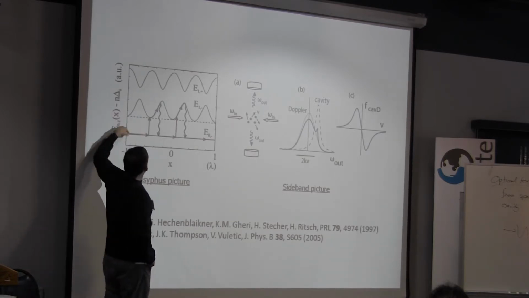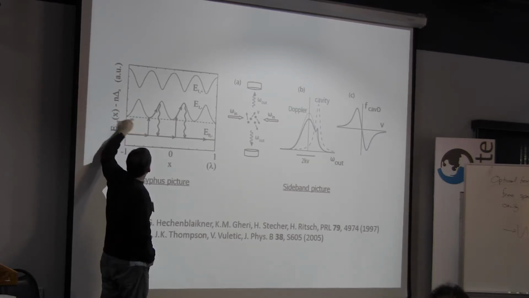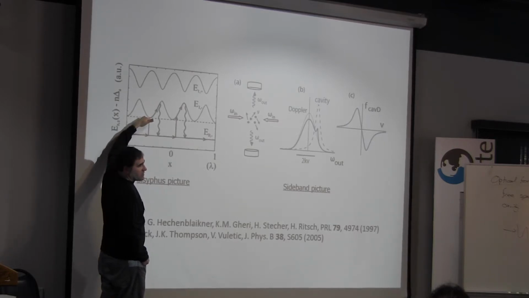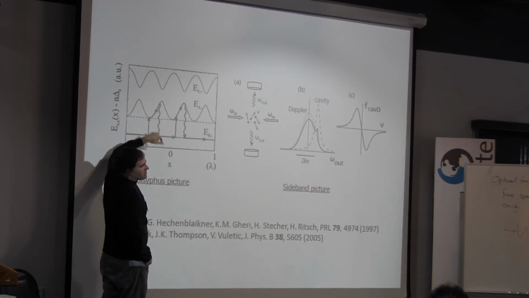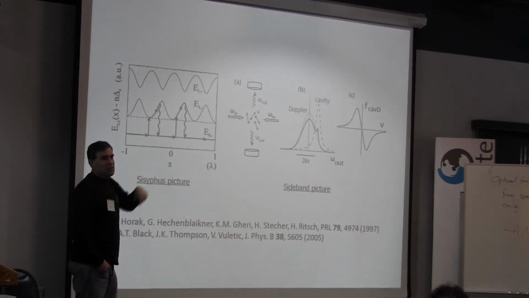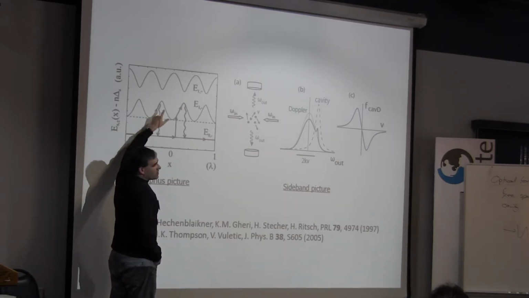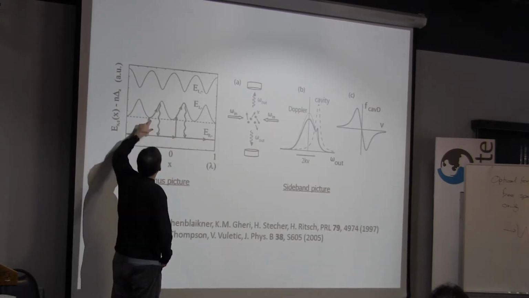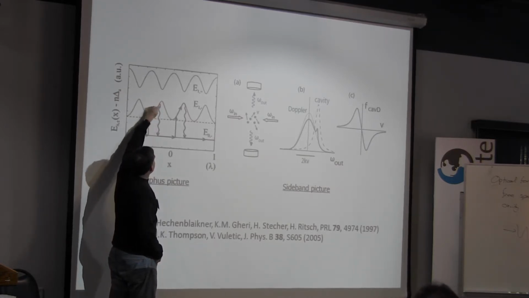Okay? So an atom comes along, it's in the ground state, and it finds itself at this position where all of a sudden the probe field is resonant with the cavity, because the cavity resonance has been shifted down closer to the probe frequency. So the atom has some high likelihood of jumping up to the first excited state here. That is, there's a likelihood of there having been a photon inserted into the cavity. And then the atom moves along, but the energy of an atom interacting with the photon changes because the atom is moving. So it feels like it's climbing up this hill to match the energy of the first excited state